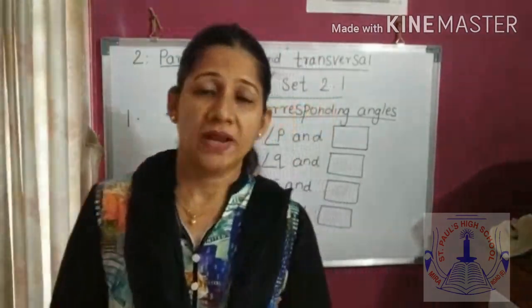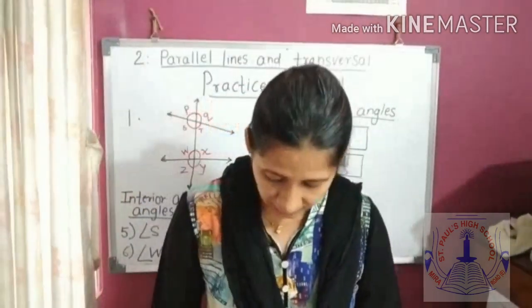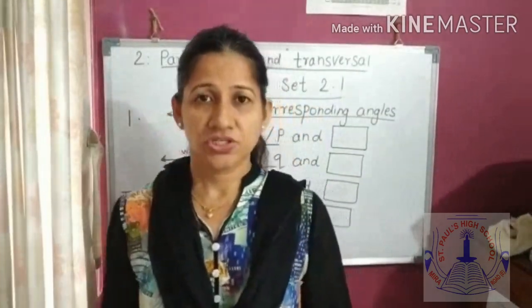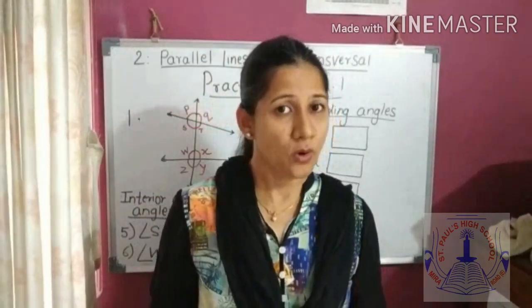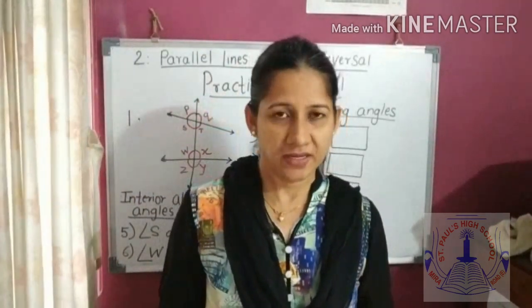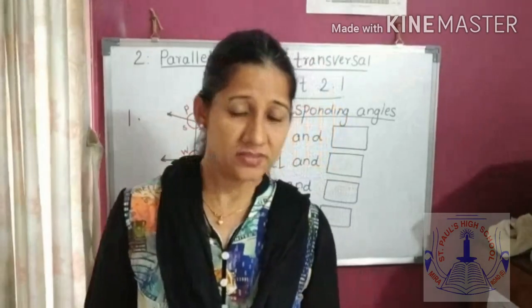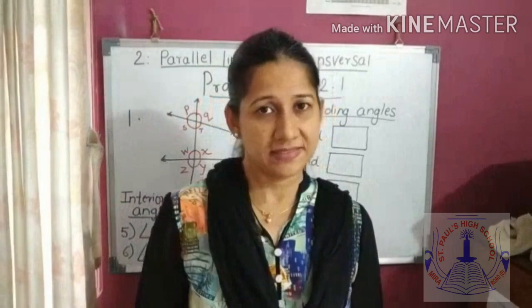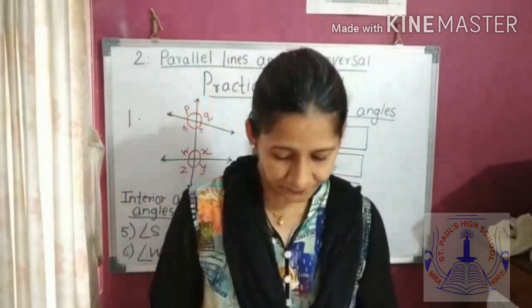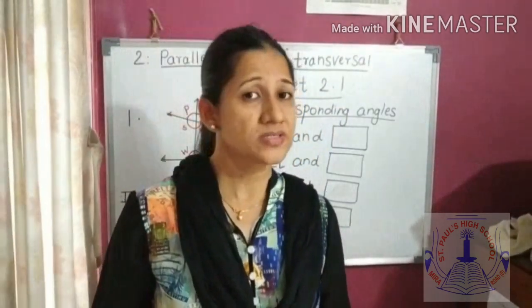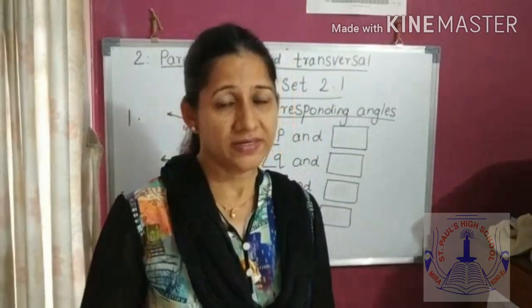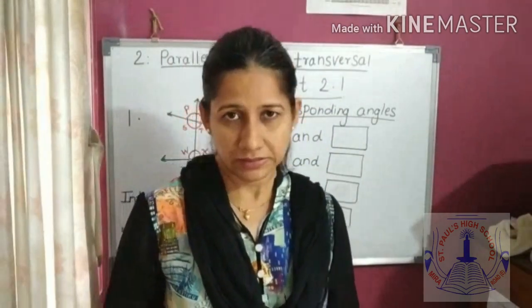So students, now we will be starting with practice set 2.1, which is on your textbook page number 8. Just open your textbooks. We will be solving this practice set based on the angles which I already explained, which are formed by two given lines and the transversal. By now you are well versed with the different types of angle pairs formed by these lines and the transversal. I expect all the students to solve this as I am writing simultaneously in your notebooks.